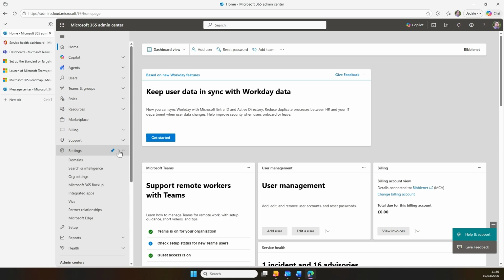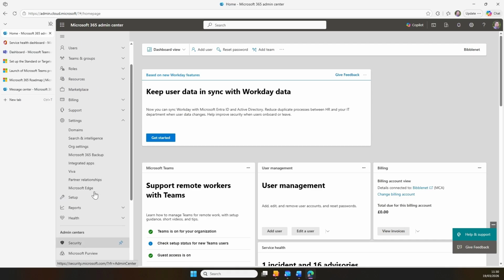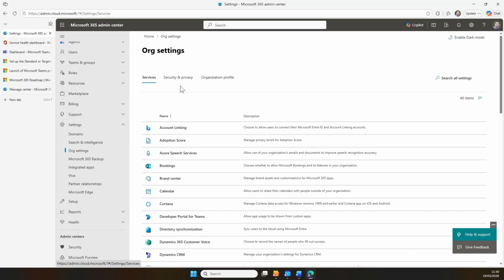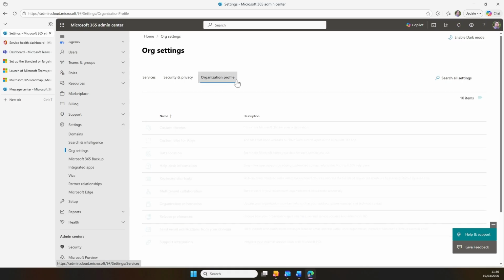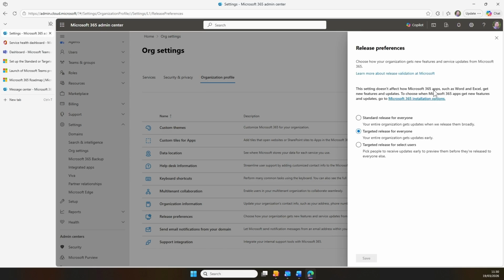If you go into admin.cloud.microsoft, and down the left-hand side under settings, make sure you've hit the show all settings button, otherwise it will probably be hidden. Then into org settings, you've got three tabs across the top for services, security, and then organizational profile. Under organizational profile, there should be a release preferences slide out, and you've got three choices in there: everybody in the organization is on standard release, everybody in the organization is on targeted release,